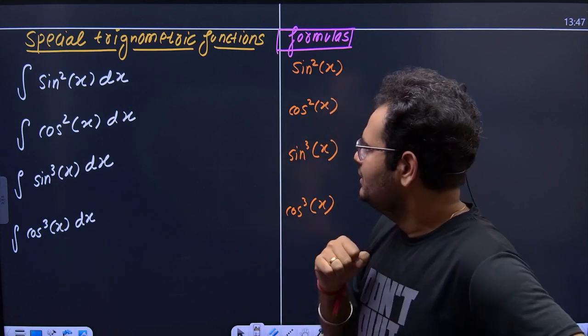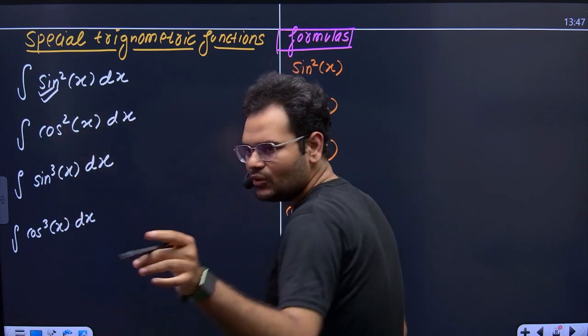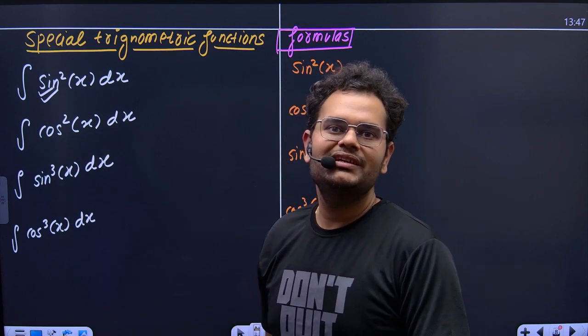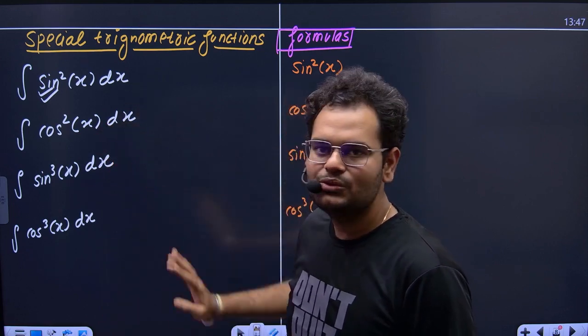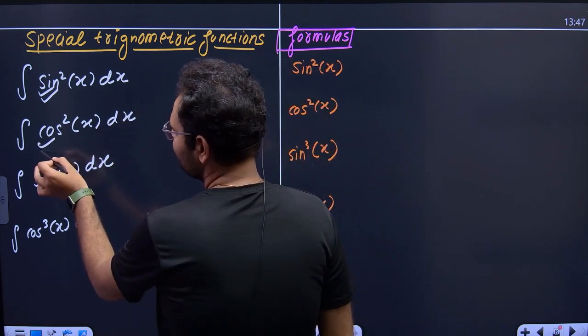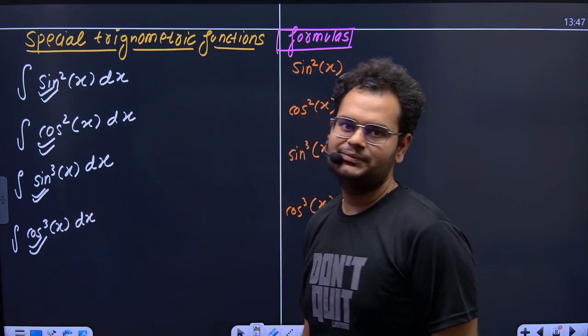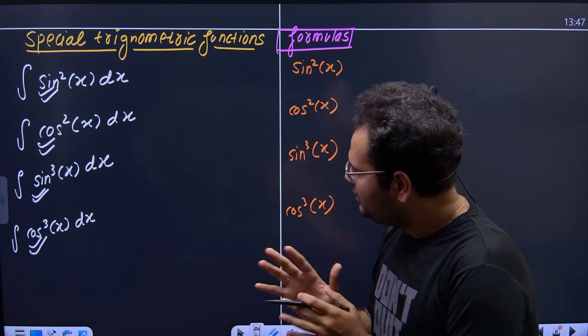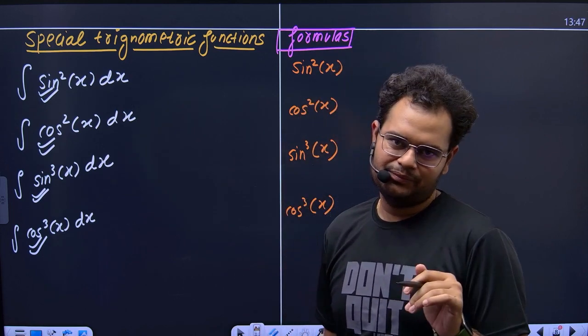Don't worry. Sir, do we know the differentiation of sin square x? Yes, we know. By which rule? Chain rule. But here there is no chain. There is no chain. So what should we do? Sir, we don't know how to integrate this. We don't know the cos square integration. We don't know the sin cube integration. We don't know the cos cube integration. So in order to integrate this, because for sine we have a formula but for sin square we don't,